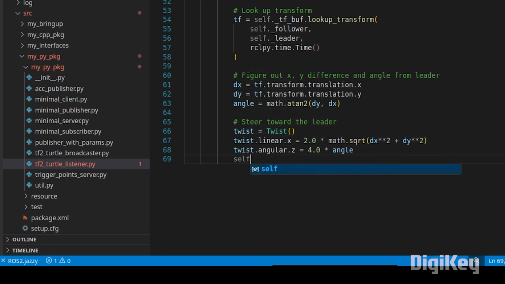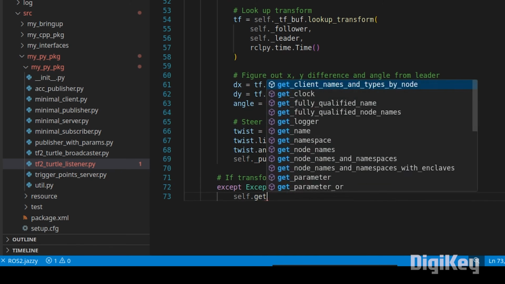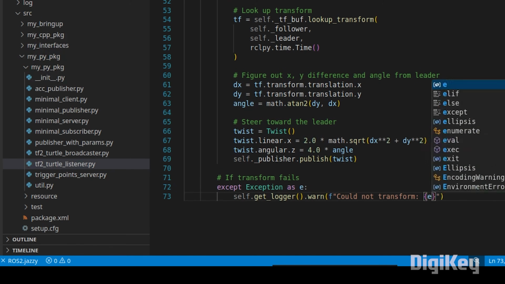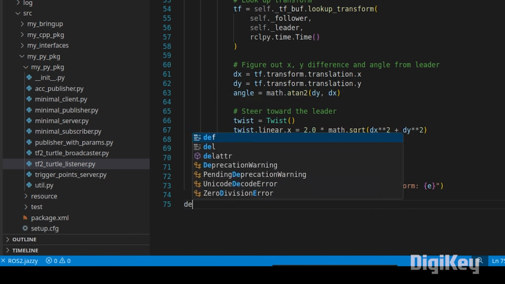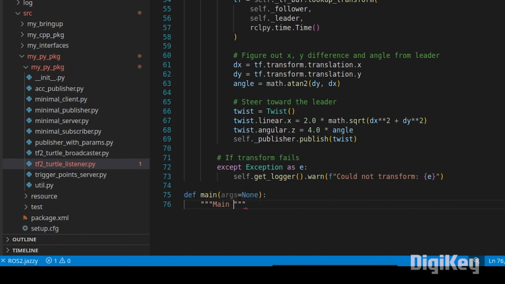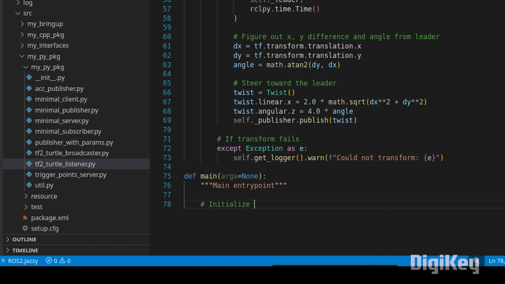With those, we just published that twist message, and that should control turtle2. We will catch any exceptions that happen. In this case, we will just print it to the console and say we could not perform the transform. Then we will write that boilerplate code we've been working with for pretty much all of these nodes in Python,